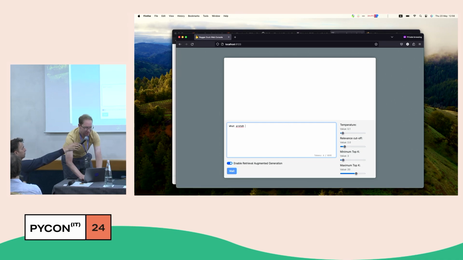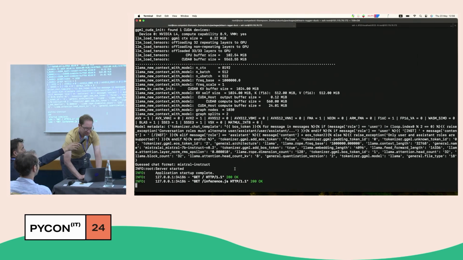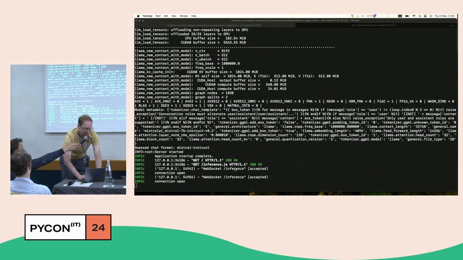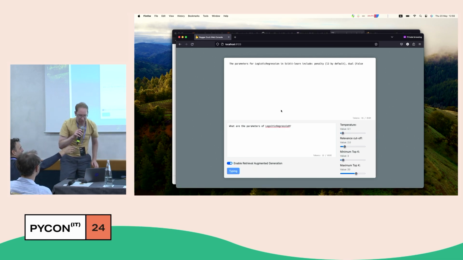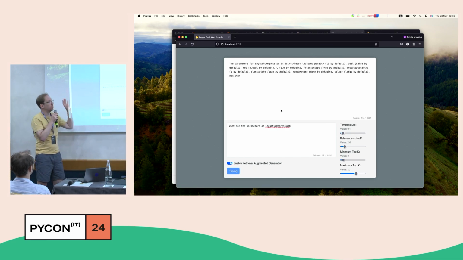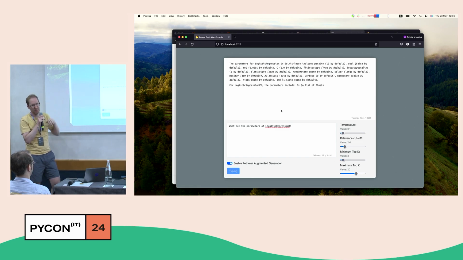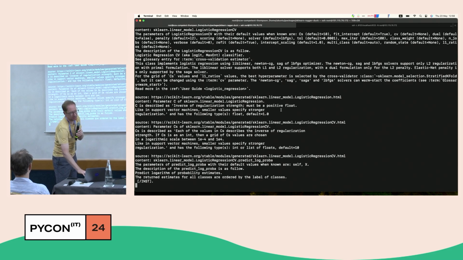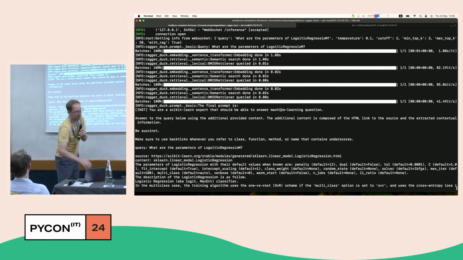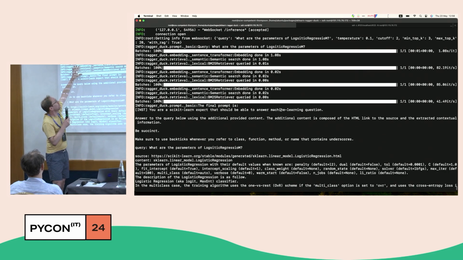What are the parameters of logistic regressions? Even with typos. Make me quack. Okay. And so this is pretty fast because this is running on the GPUs on a machine on Scaleway. But if you look at the log, basically, what happened behind the scenes is that's my prompt. And just before,